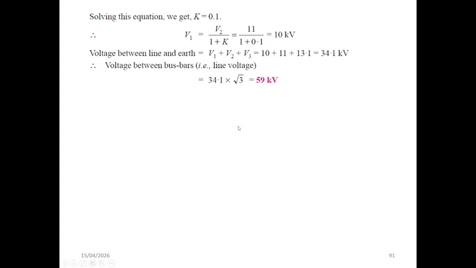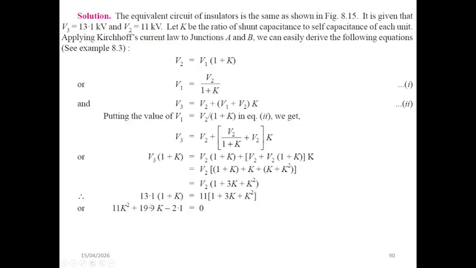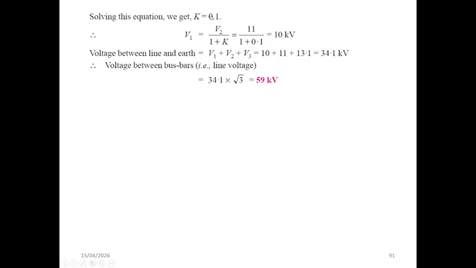Okay, and this is V1 is equal to V2 divided by 1 plus K. So solving this equation, we will have two values for K. One of them is a negative value, so we can ignore it. And this is the second value. So K is equal to 0.1, so we can find V1, and then we have V2 and V3,